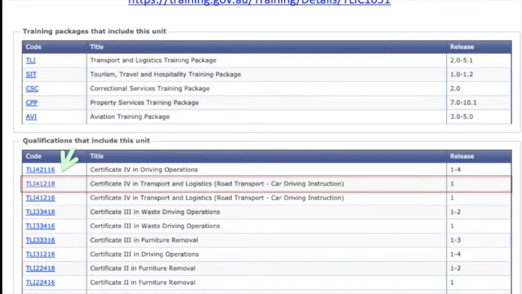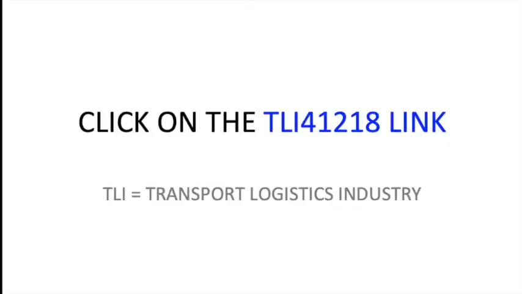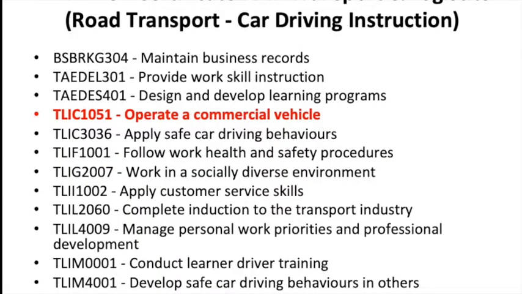TLIC1051 appears. And as you can imagine, for a unit like Operate Commercial Vehicle, it's a stock standard unit about the safe driving behaviour of a car. So, commercial vehicle, C-class. So that will appear in a lot of qualifications. Okay, if we were to click on the TLI41218 link, it would take you through, and this is just something